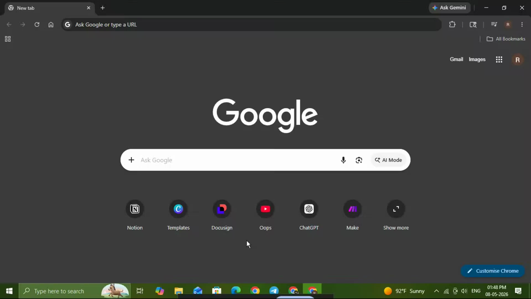If you've ever opened a page in Chrome and been hit with the dreaded "Aw, Snap!" error, don't worry, you're definitely not alone. In this video, I'm going to show you how to fix the "Aw, Snap!" Chrome error on PC using a few simple troubleshooting steps that can get your browser working again fast. We'll start with the easiest fix first, then move on to clearing cache and cookies, disabling hardware acceleration, and finally